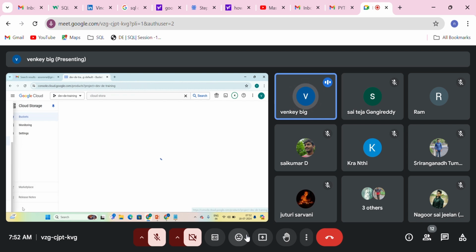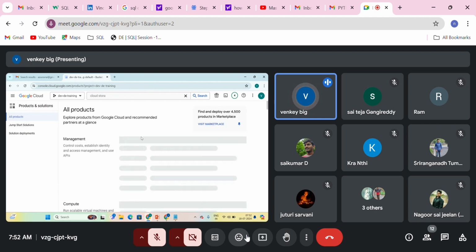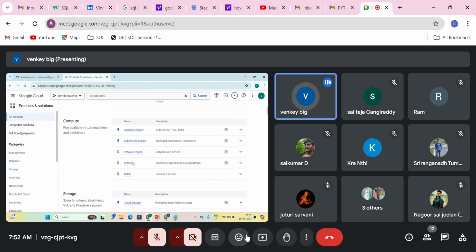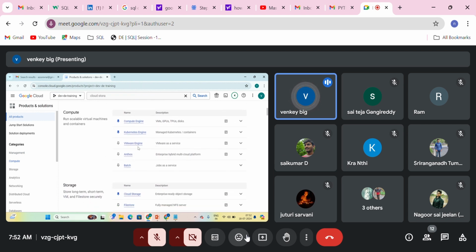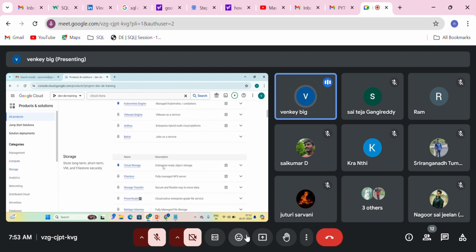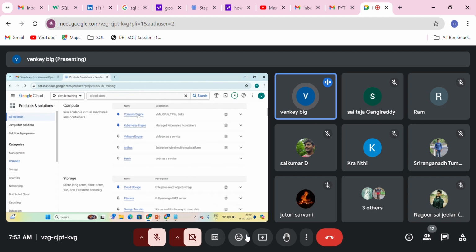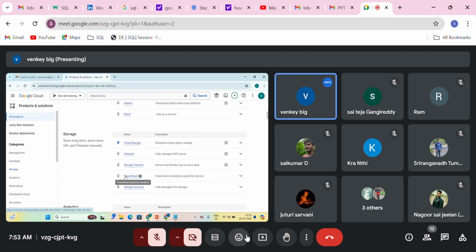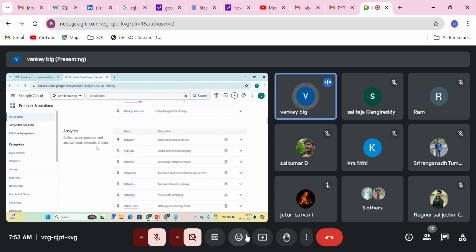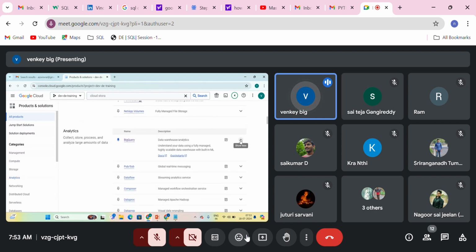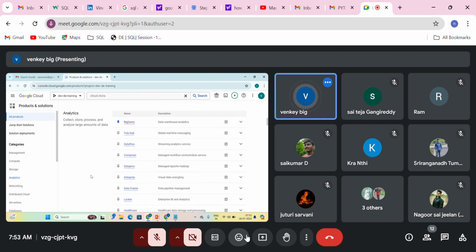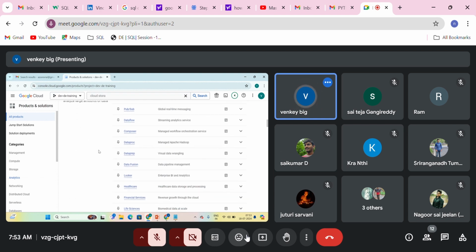So let me go to all the products here. This compute engine, Kubernetes engine, VMware engine, these are all different services. The infrastructure as a service is Compute Engine in Google Cloud, and all the compute that we are going to get will come from the Compute Engine only. And these are the platform as a service, providing the platform for us to develop applications.